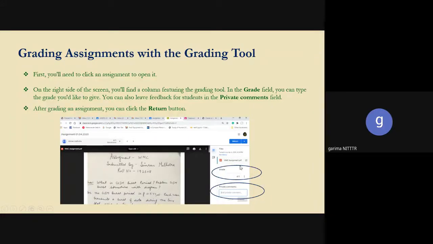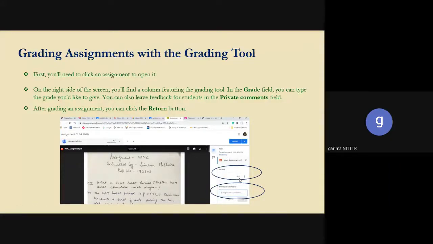This is the particular grading tool where you can see history. Previously, I was saying that you can see the history. This is the name of the assignment they have submitted, the file name. Then you will provide the grades. If you have rubrics, you will provide according to them. If you don't have rubrics, you provide as per your criteria. And then you'll add the private comment.